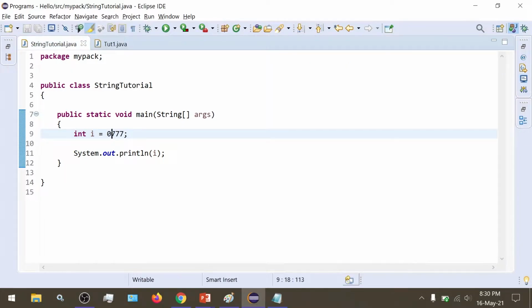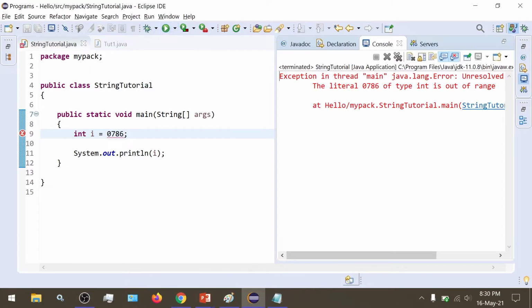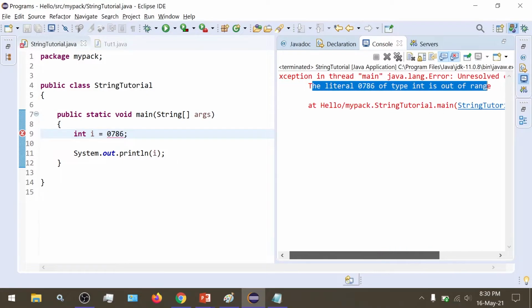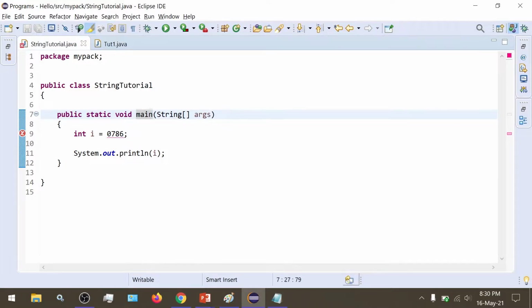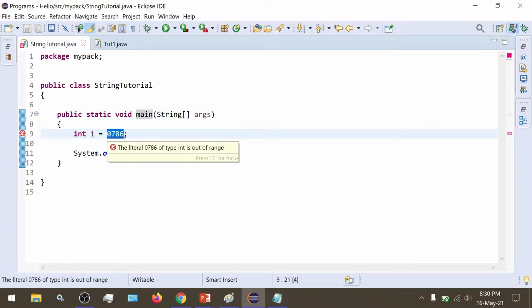This is correct. But now 0786, when we try to run this, we get an error: the literal 0786 of type int is out of range. It's giving us an out of range error because this number is out of the range of the octal numbers.